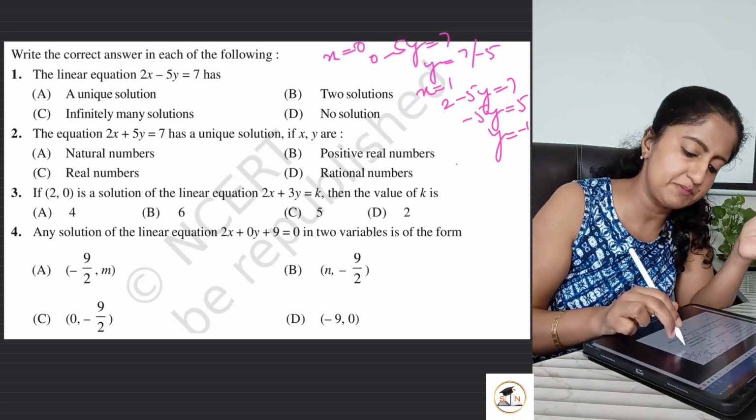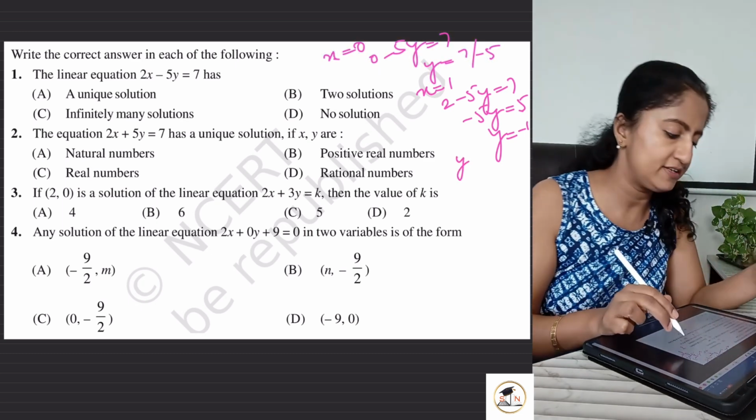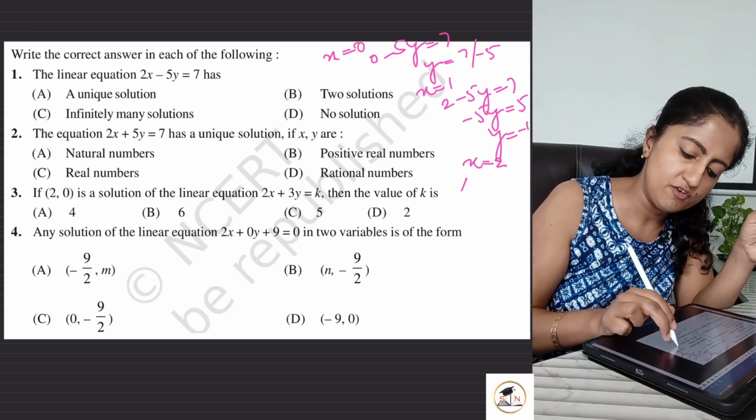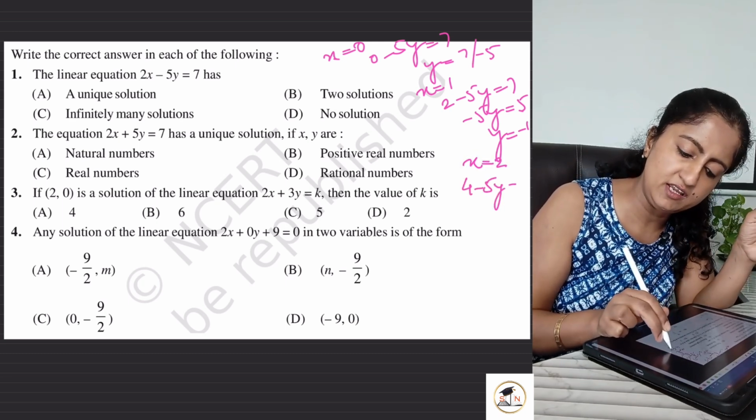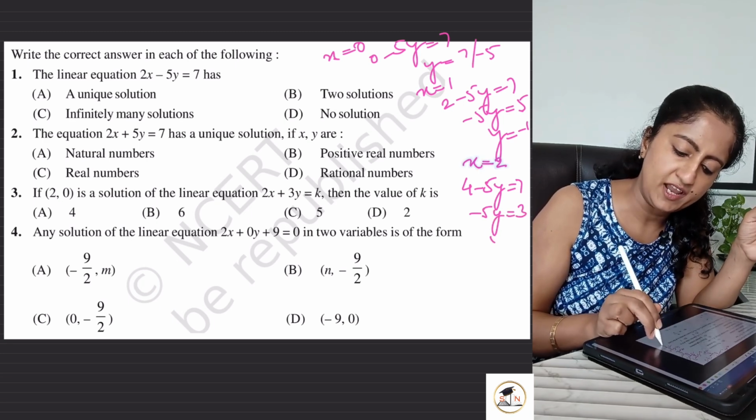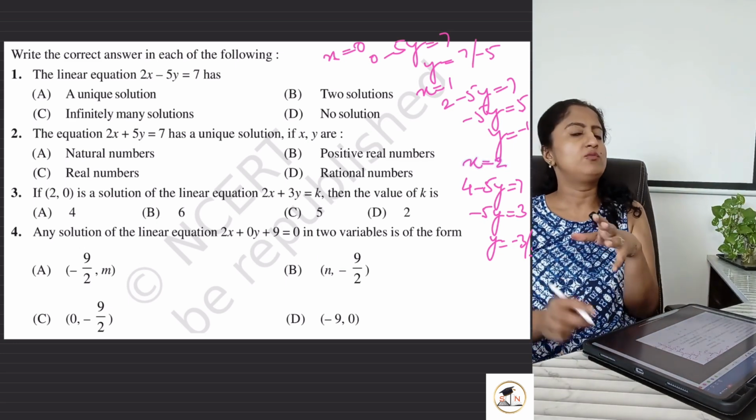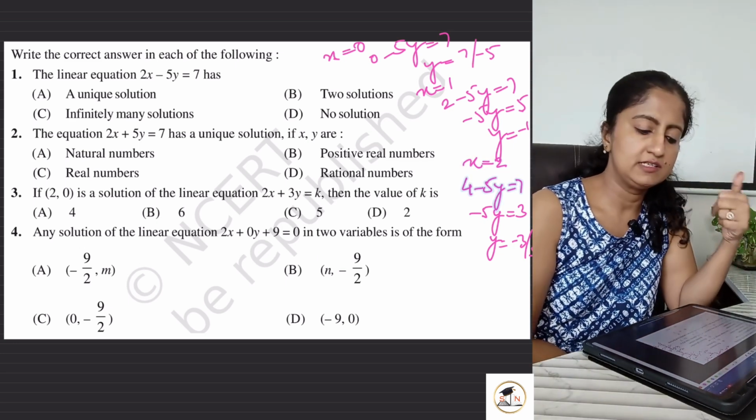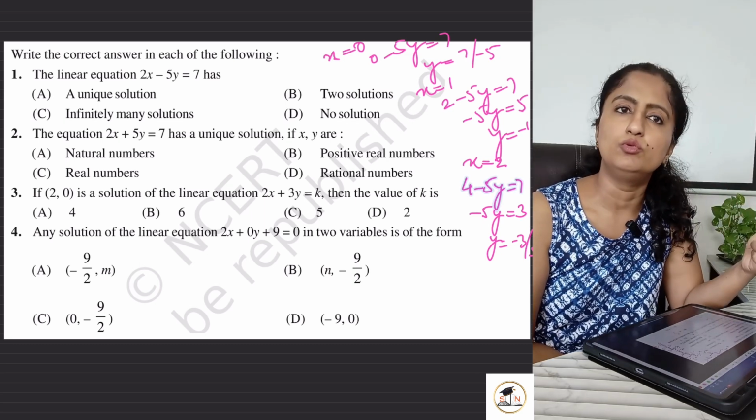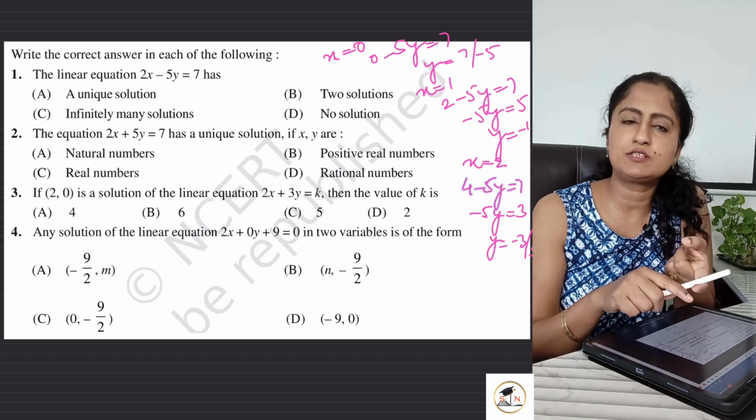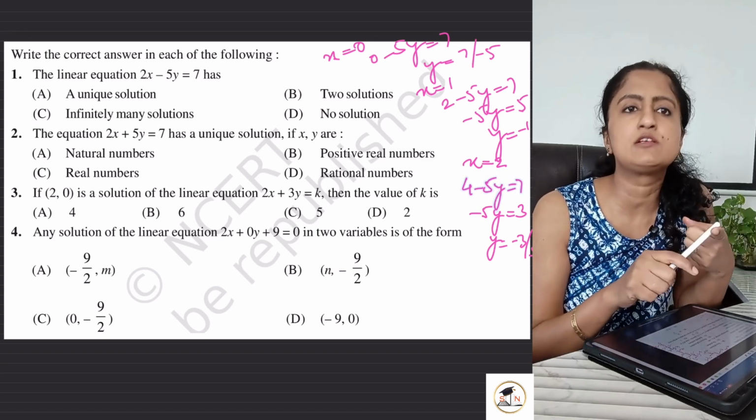इसी तरह से if I substitute x equals 2, right? What do I get? 4 minus 5y equals 7. So minus 5y equals 3 and y equals minus 3 by 5. Now, what did I do? I substituted three values in front of you. 0, 1, 2. I substituted three values intentionally because